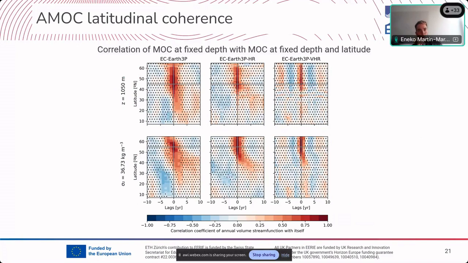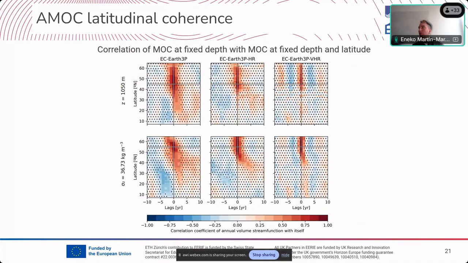So we correlate the overturning strength function at that level with itself, but at fixed latitude. So in the case of the zeta space, we take 45 degrees north, and in the case of the sigma space, we take 55. This is where the maximum, more or less, appears in each space. So this gives us an idea of how the AMOC is